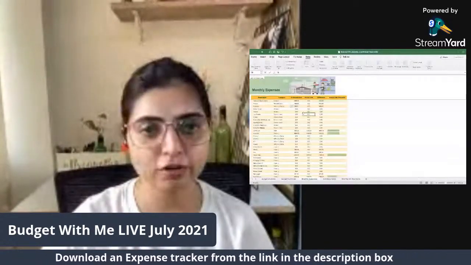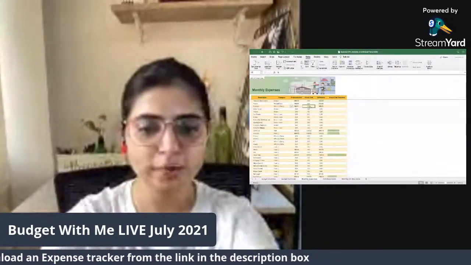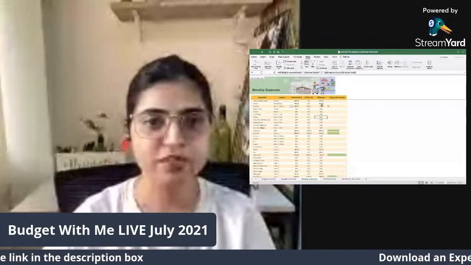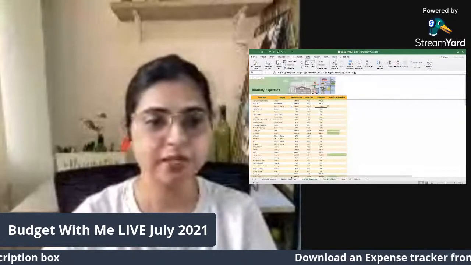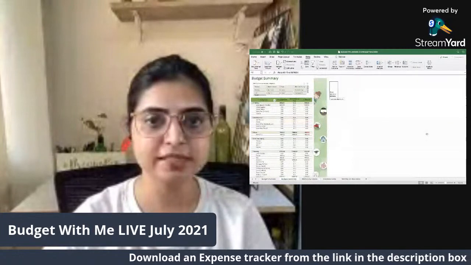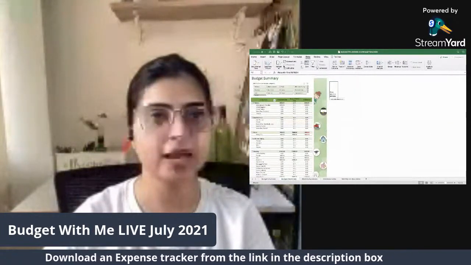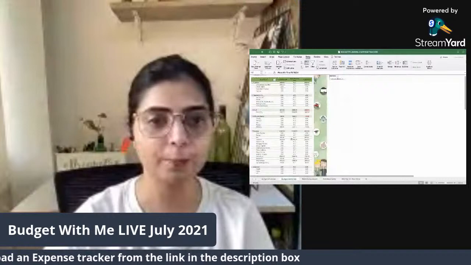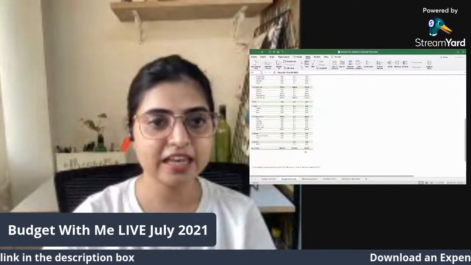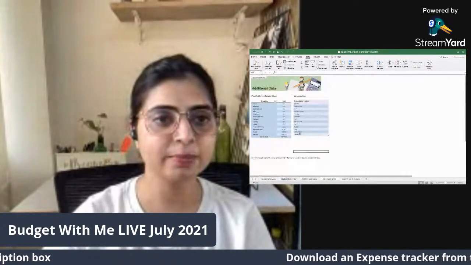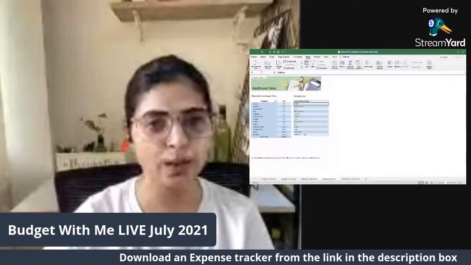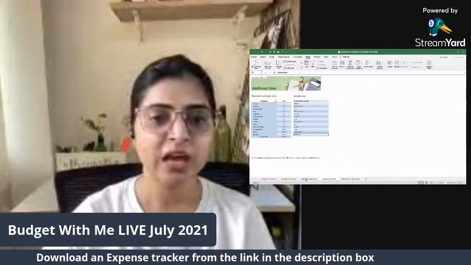And towards the end of the month, or whenever you make a purchase, you can update it. Suppose you got it for 650, that update will show and the difference amount will come here. Similarly, when you go back to the budget summary, you need to press Alt plus F5, or you need to go to Data and Refresh All. Your data would be updated there. And in case you want to add any more categories besides the categories you already have, you can come here and add the category, like the way I've added celebration here.